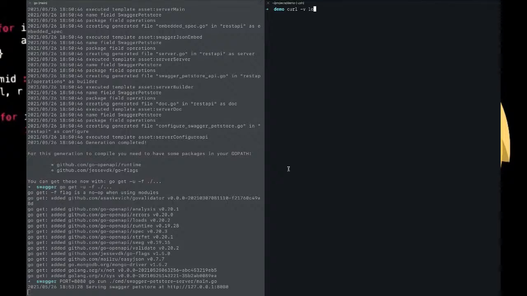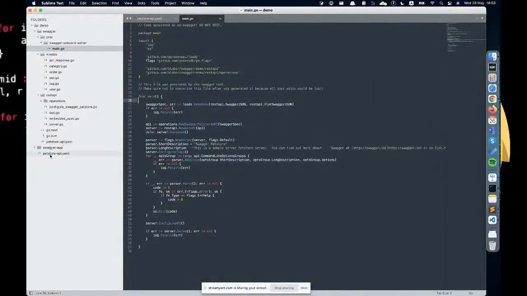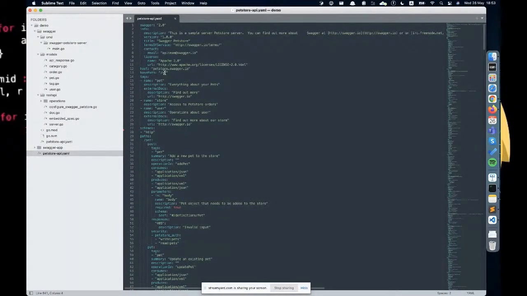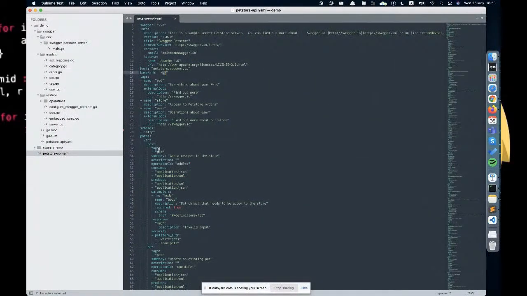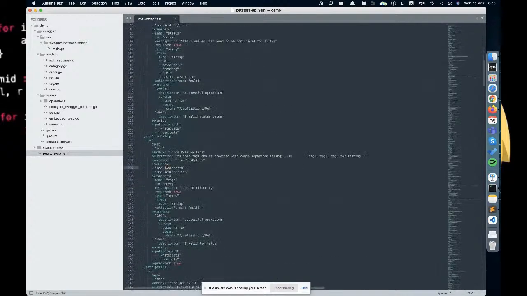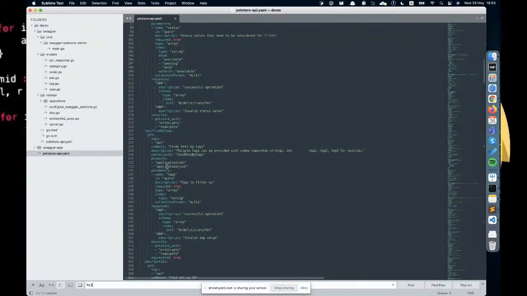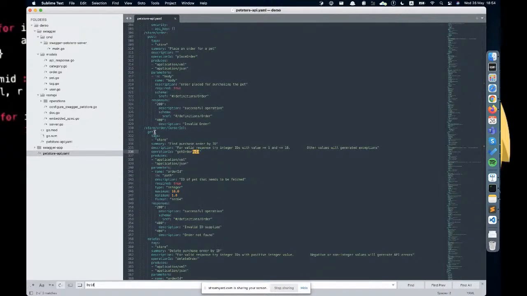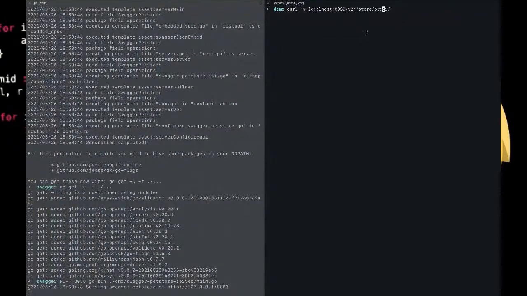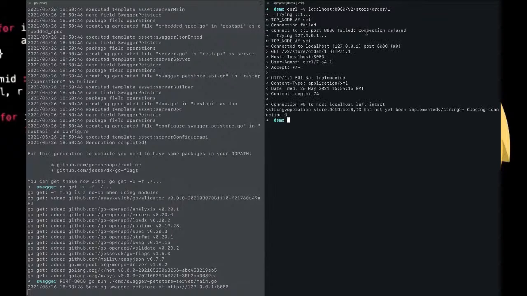Okay, so let's try to crawl it. It would be localhost 8080. Honestly, I forgot the route, so I have to check with my Swagger. Well, great, I have a Swagger. Okay, base path v2. Let's give it something by ID. Get order by ID. So we have an order, get order by ID, obviously one. Okay, and you might see it's not implemented.